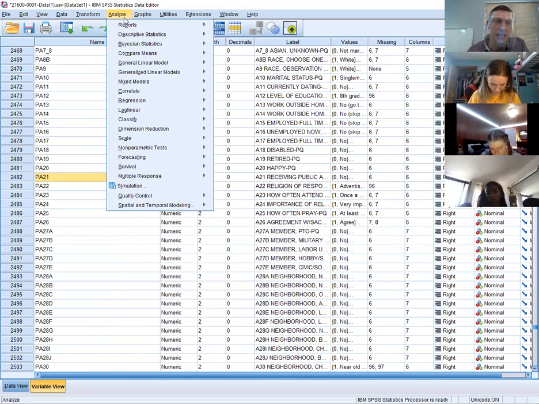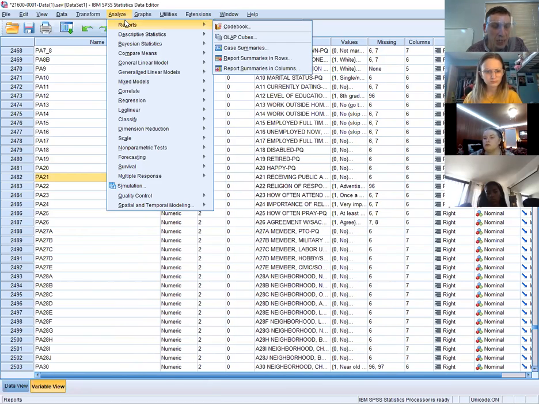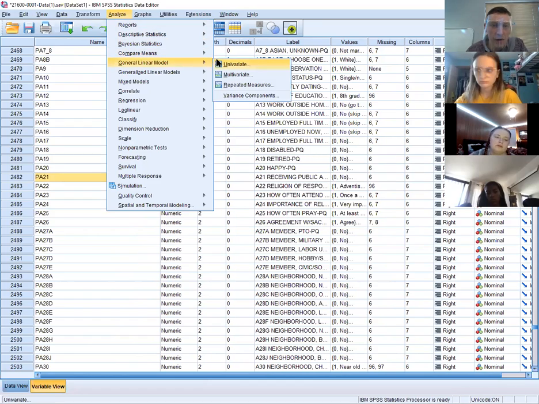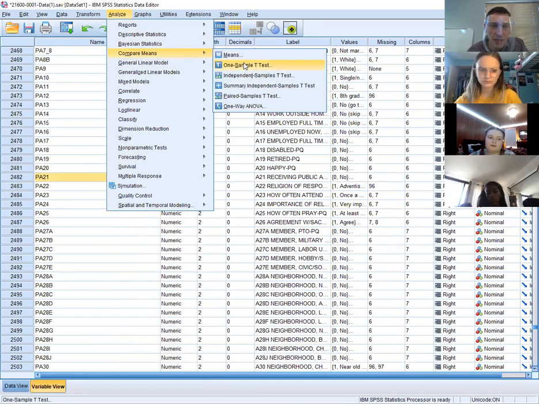And we'll use that same variable, the prayer variable again, because we can use that for a t-test. We used it as a dependent variable for ANOVA, so we definitely can use it for a t-test. PA21 is our independent variable. So we want to go to compare means, t-test, and we want to go over to where it says independent samples t-test. That's the one you want, because that's the one that compares